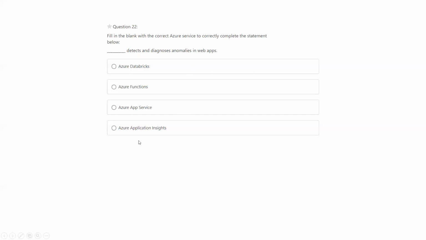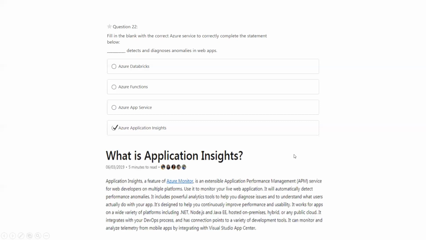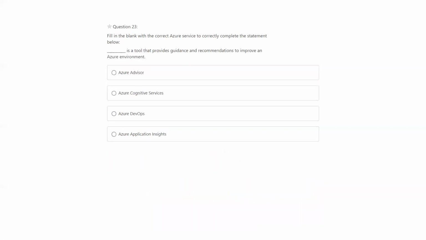The next question is about detecting and diagnosing anomalies in a web app. This is straightforward: the monitoring tool, which is Application Insights. If you look at the definition, it's the application performance management service for web apps, API apps, and logic apps. You can spin up Application Insights along with your web application, and it continuously monitors the live traffic of the application. You can use the live stream in Application Insights, or you can also look at the application map and exceptions, etc.